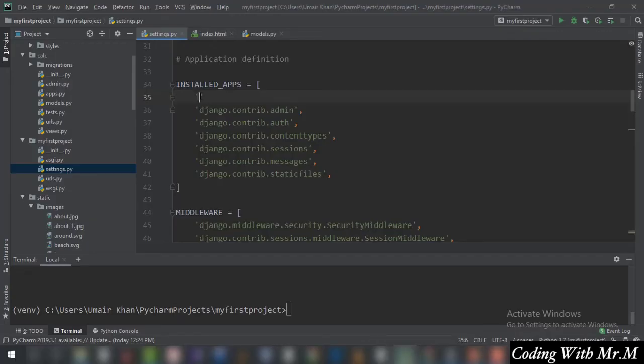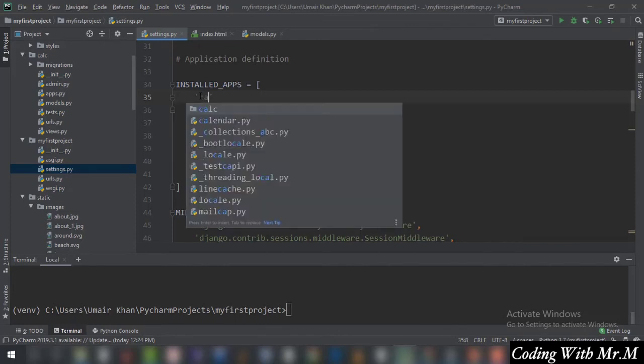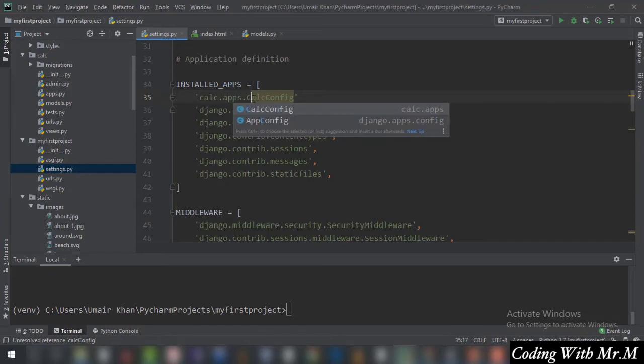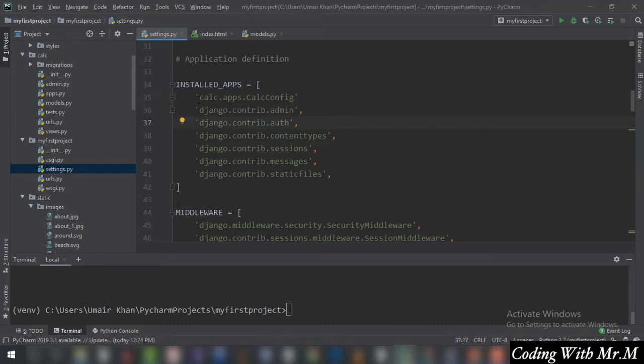So simply specify single quotes and write the name of the app, that is calc.apps, then dot again, and then CalcConfig. Alright, that's good enough. Let's just capitalize this C. So you have to write the name of whatever application you have created. If you are following my lead, then you will also have created an app calc. So you're going to write